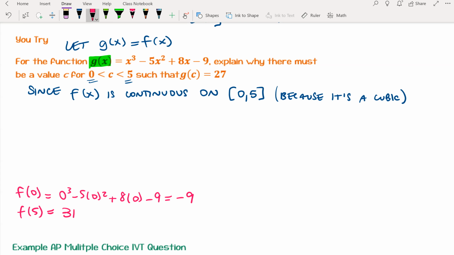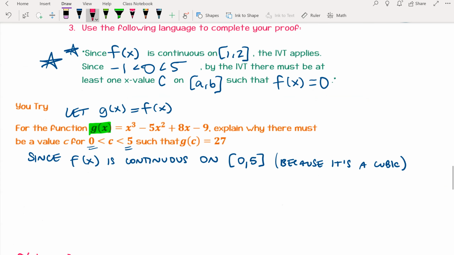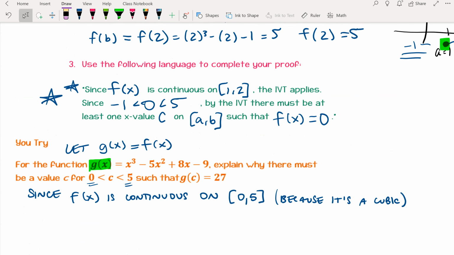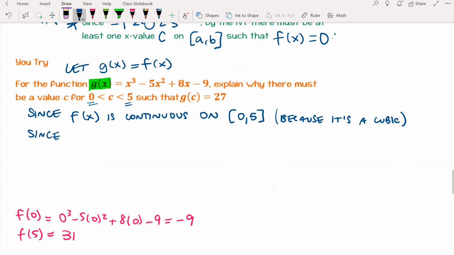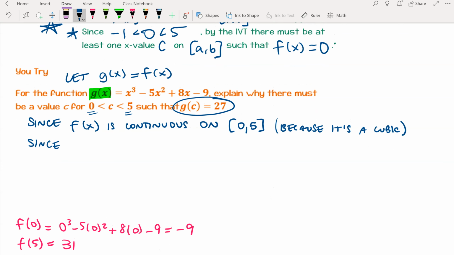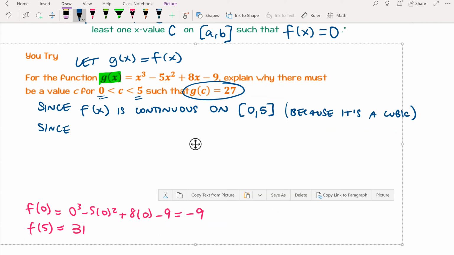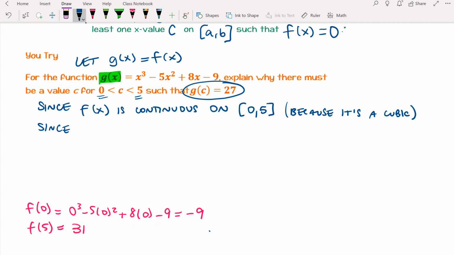Okay, so now we're going to go to step 2. We found both of those function values. We can write the next piece of our answer right here. Since, what are we trying to find? We're trying to find g of c equals 27. So we're going to say since 27 is in between -9 and 31. That's true. So since -9 is less than 27, and 27 is in the middle,